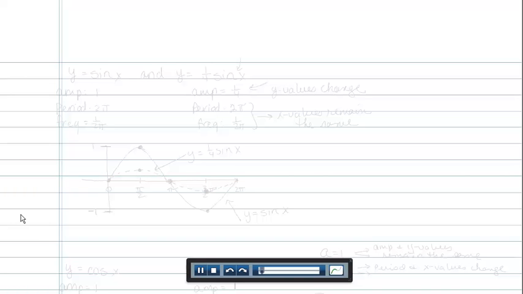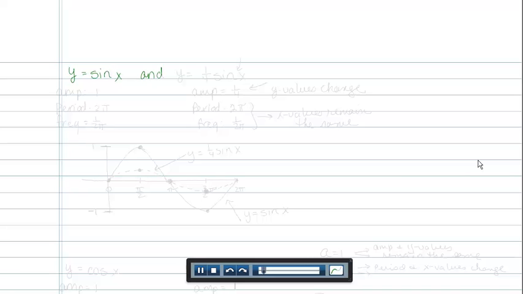Alright, with this one, we're just going to continue from the previous pencast, and we're just going to keep on graphing. Remember, this will be 2 parts. If you're missing something, make sure that you look at the previous video where some of that stuff is explained. Alright, so now let's try sketching y equals sine x